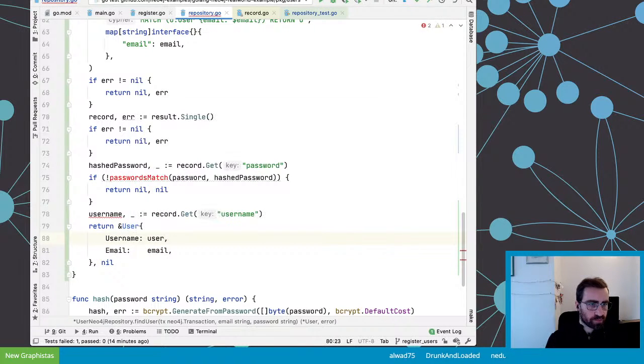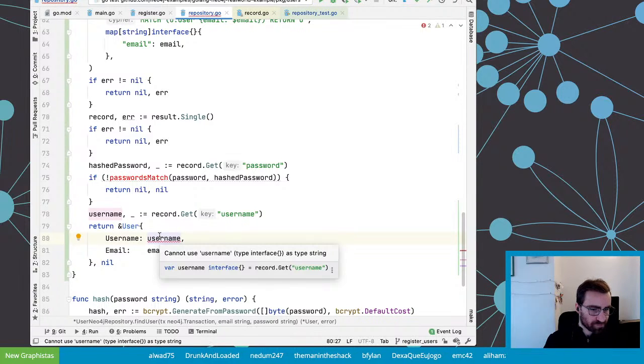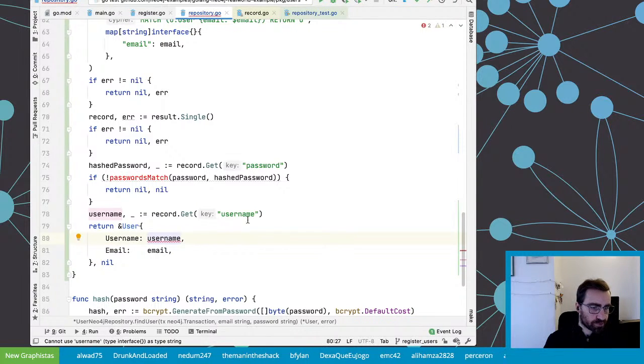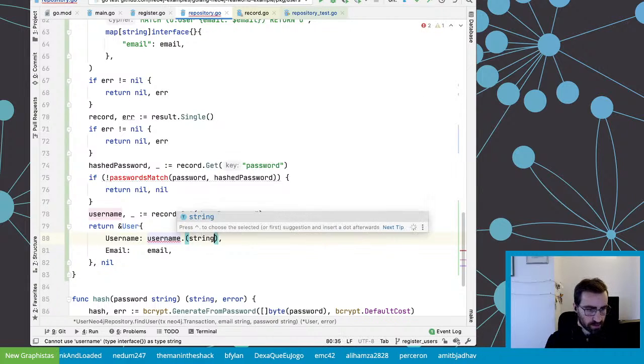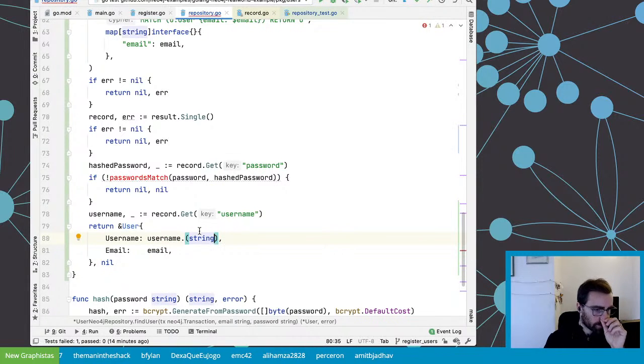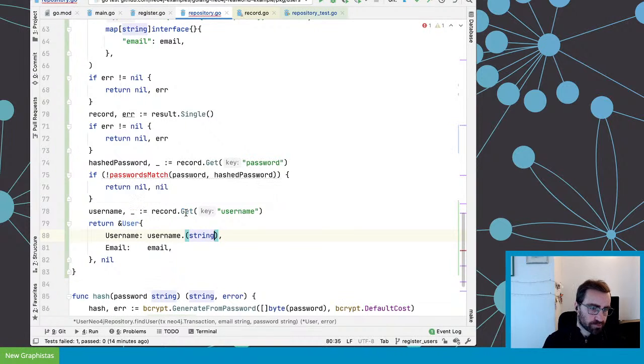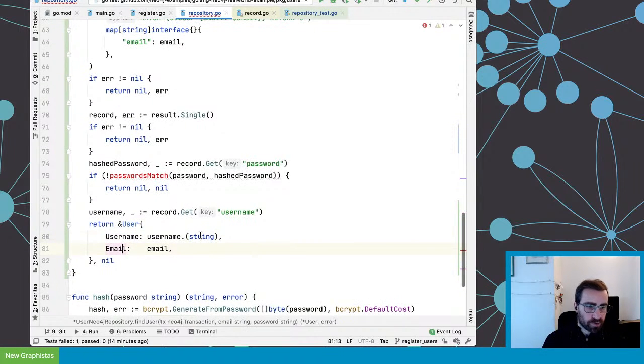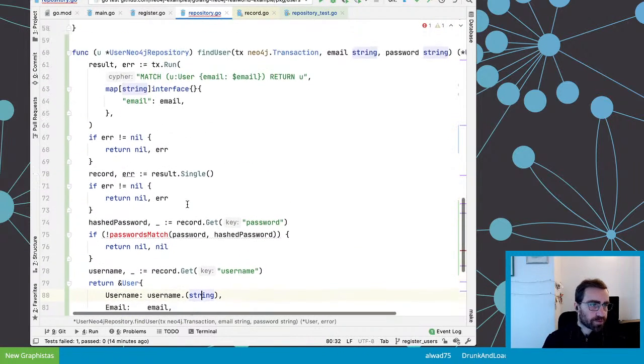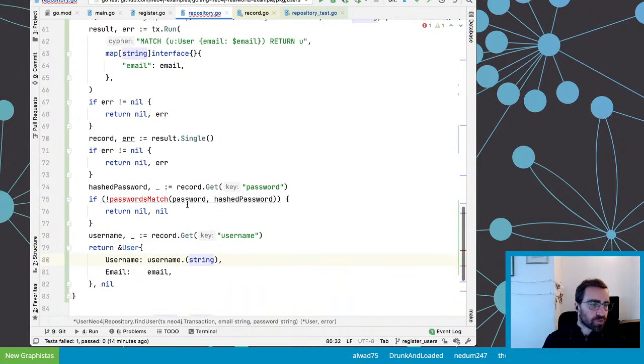So I should maybe use two different structs for registration and login, but I'm just doing the editing here. And I need to cast it as a string, I think. Yeah, hopefully that works. Because again, no generics, so every type is typed to the most generic type possible, which is this interface, which is basically a type that matches every other type. That's why we have to cast here. So okay, I've got more or less what I want to do.